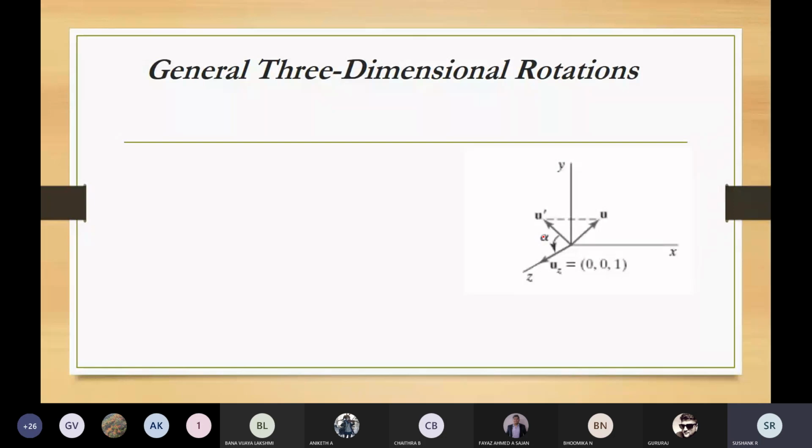The x-axis rotation for this vector will give us the vector u in the xz plane, and the y-axis rotation will swing this u around to the z-axis. So we performed the rotation first about the x-axis and then about the y-axis. The x-axis rotation gets this vector u into the xz plane, and the y-axis rotation will swing this u to the z-axis. So we performed two things.